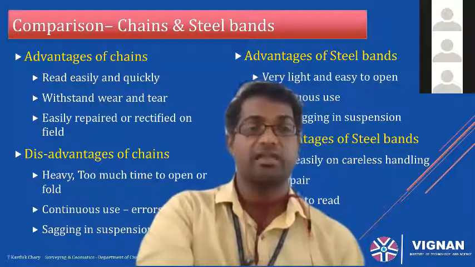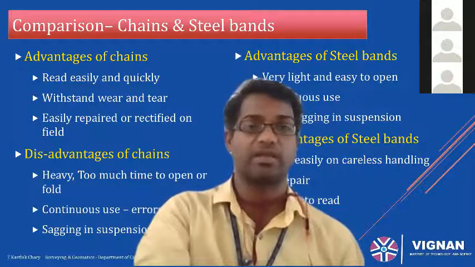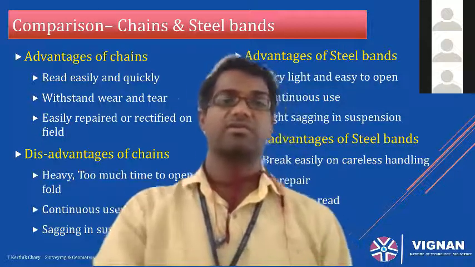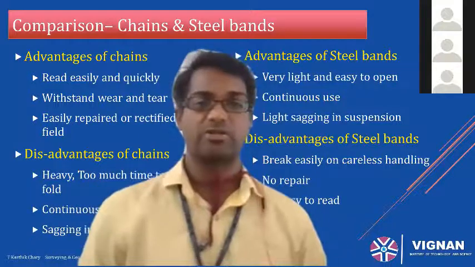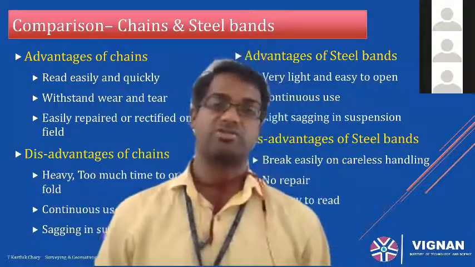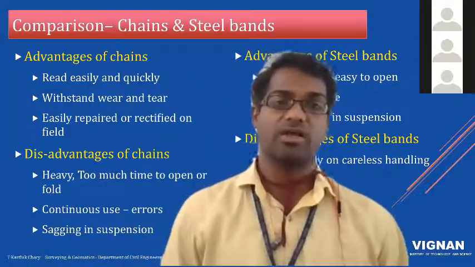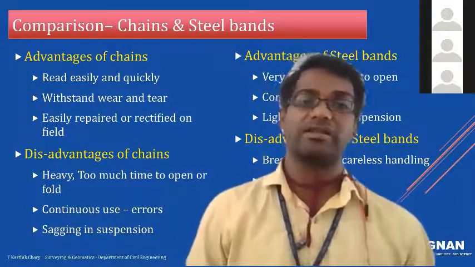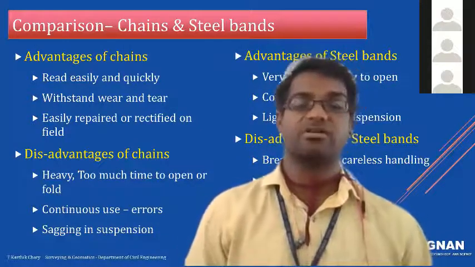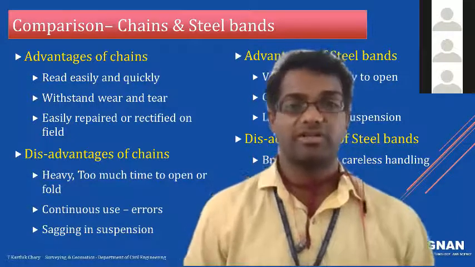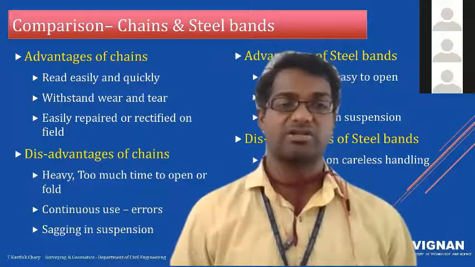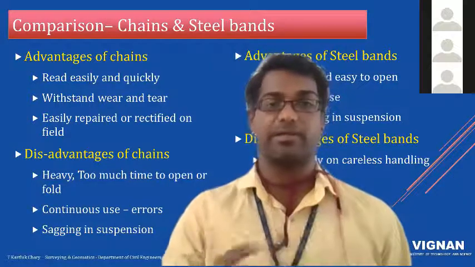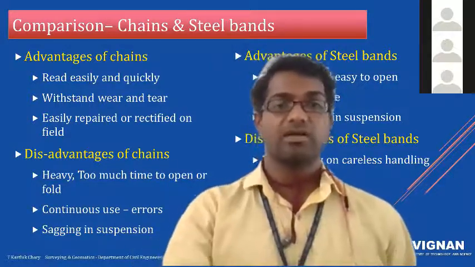A disadvantage of the chain is that it is very heavy to carry onto the site, and you always have some kind of errors when you are using any linear instrument. The chain always has some connections which you need to connect. The majority of the corrections you will come across when measuring is when your chain or tape is in a sagging position. Sagging is like bending, right?